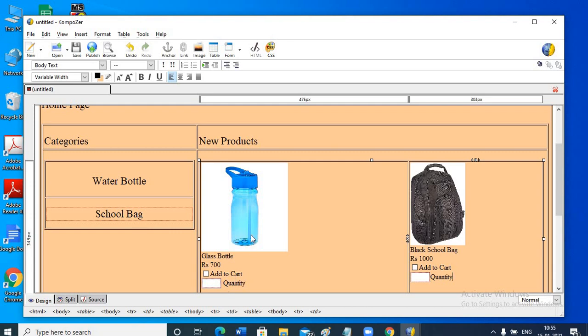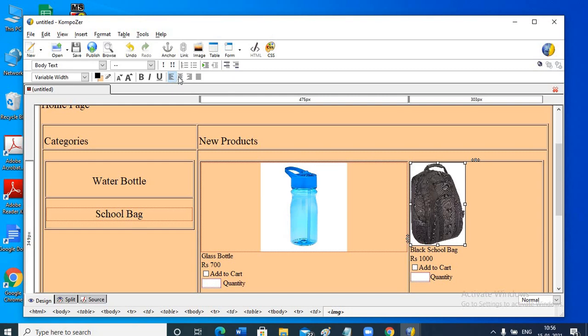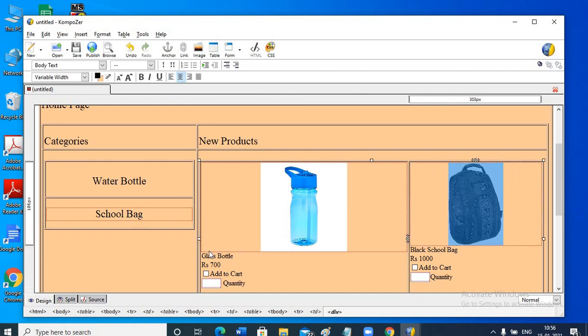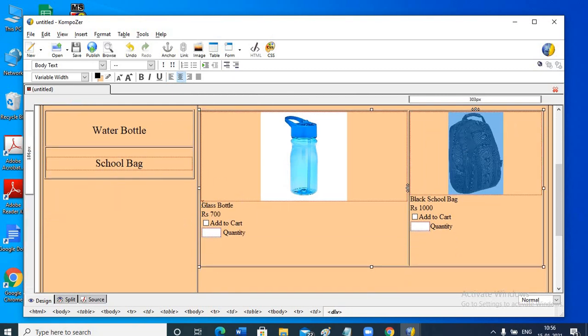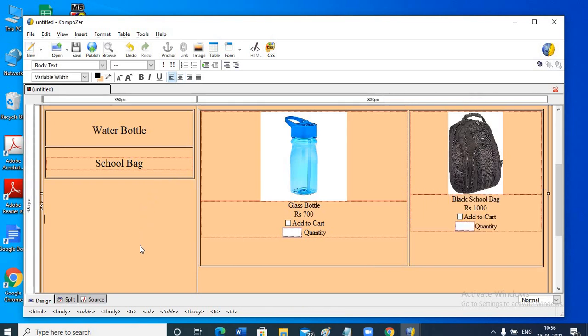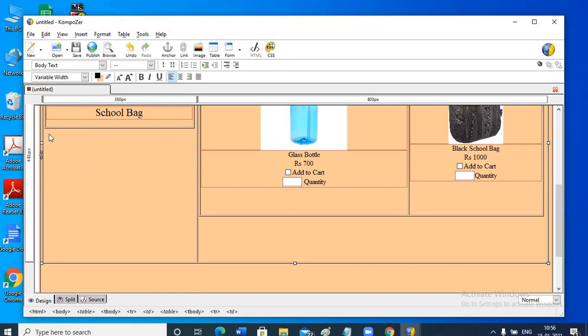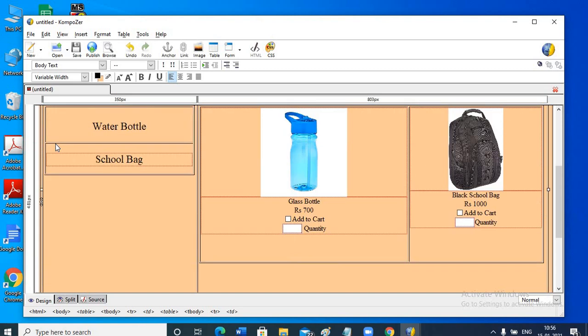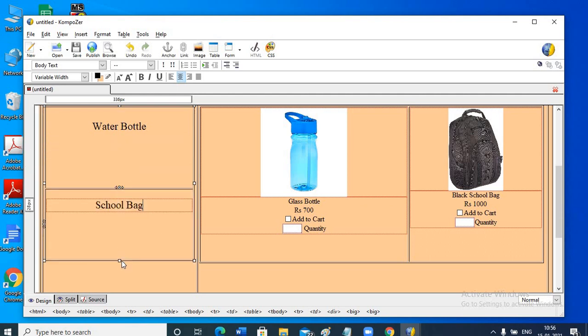In case you want the image to be at the center, bring it in the center. This text also, select the entire text. Now these additional spaces over here, place the cursor beneath the table and first let both be of the same size.